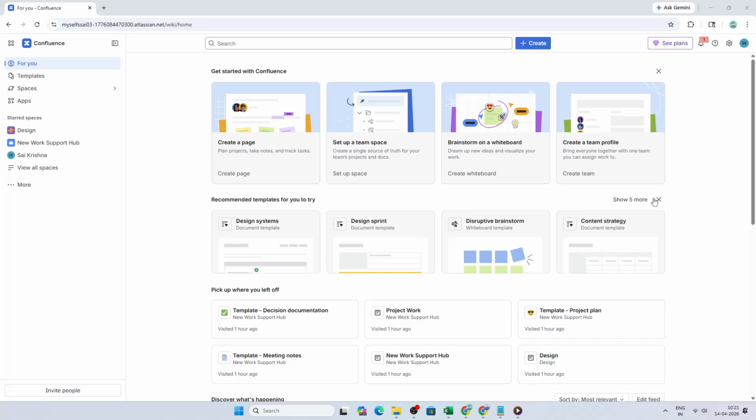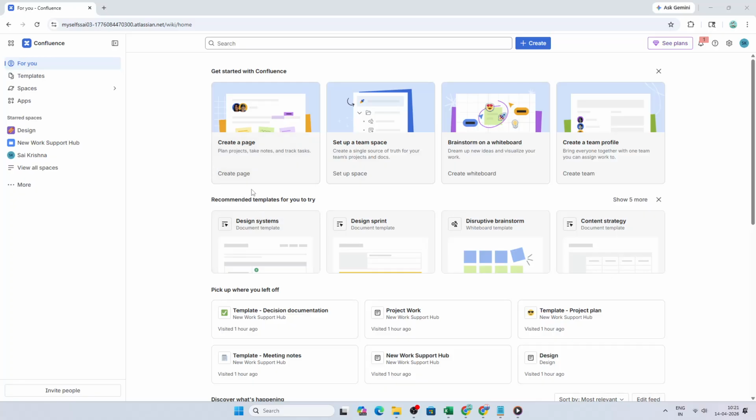In today's video, I'm going to teach you how to view deleted pages in Confluence. If you've ever removed a page and later realized you still need it, don't worry. Confluence keeps deleted pages in a dedicated area so you can review what's gone and even bring something back if you need to. I'll walk you through exactly where to find that list and how to restore a page, all in a clear,